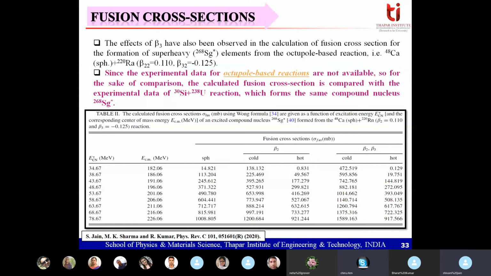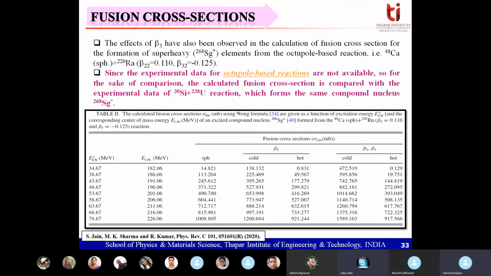I'm saying that when we are considering some reaction and we find out the excitation energy of it, then these 48 calcium induced reactions give us an excitation energy in the range of 35 to 40. So in this situation, for the formation of such a high excitation energy, there will be formation of a larger barrier height. For that, the hot configuration is addressing the data. That's why the situation is justifying the data.